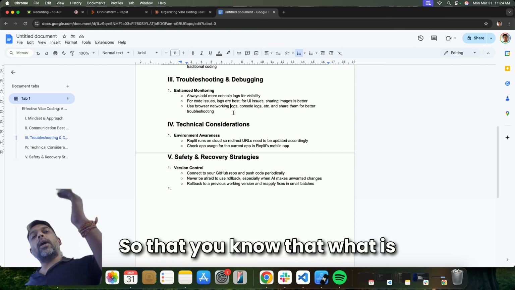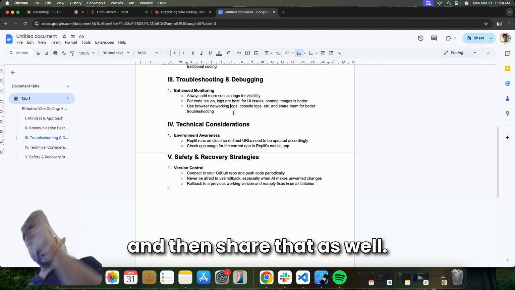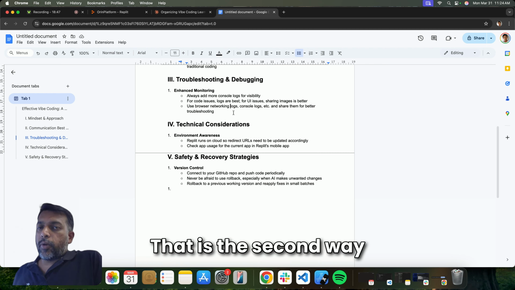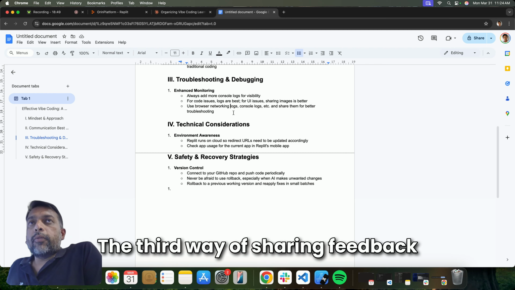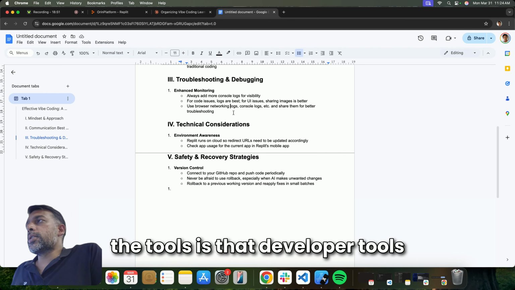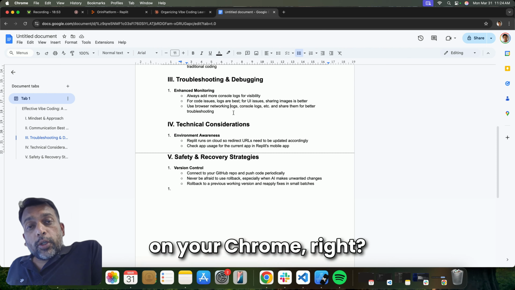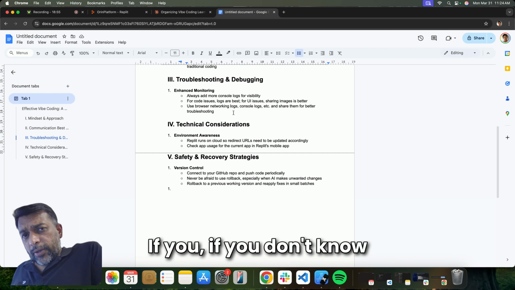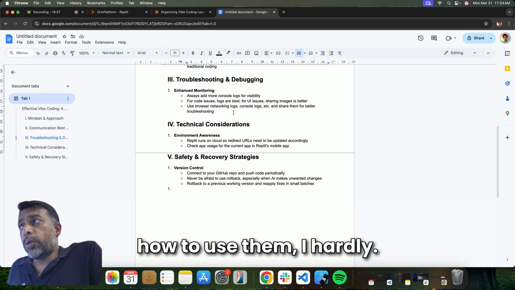So that you know what is happening behind the scenes, and then share that as well. That is the second way of sharing feedback. The third way of sharing feedback with your AI agents or tools is the developer tools on your Chrome, right? If you don't know how to use them,